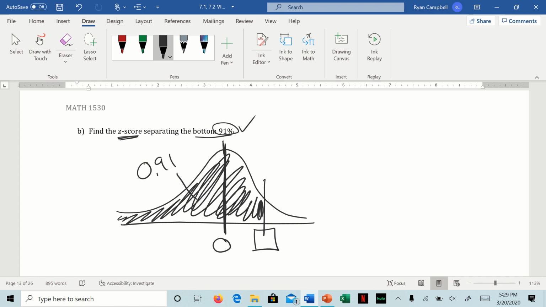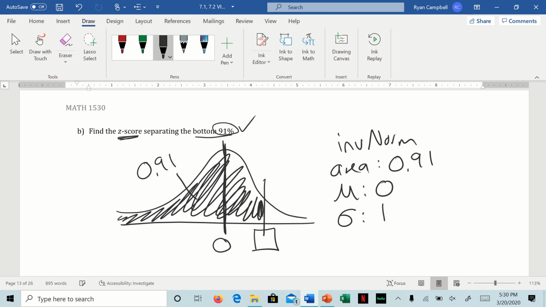So since we're trying to find a z-score, we're doing inverse norm. Area to the left, since we did bottom percentage, we know it's 0.91. The mean is 0. The standard deviation is 1. So when we plug all that into our calculator,